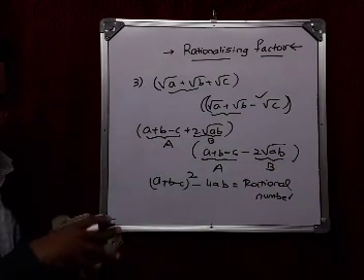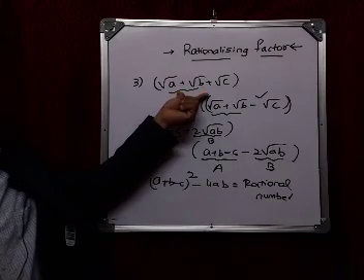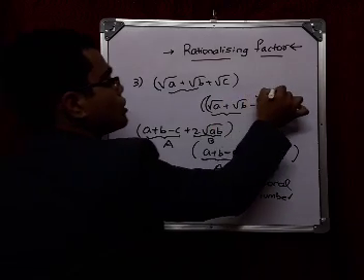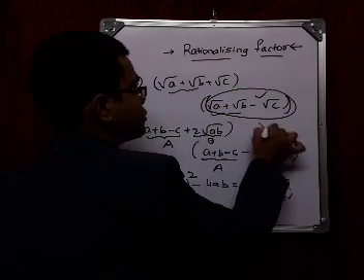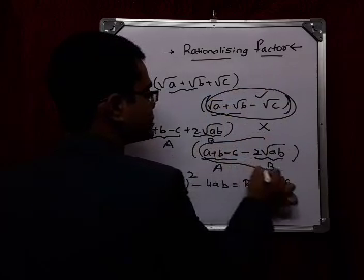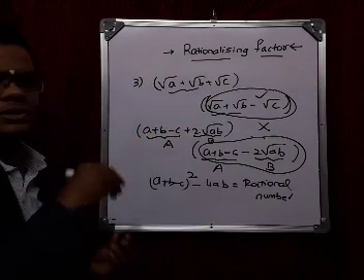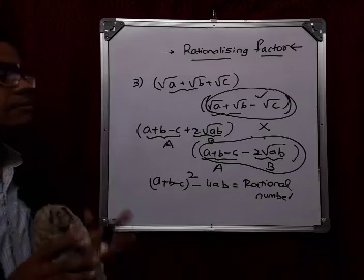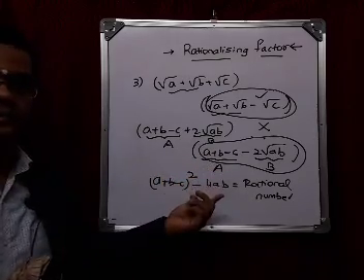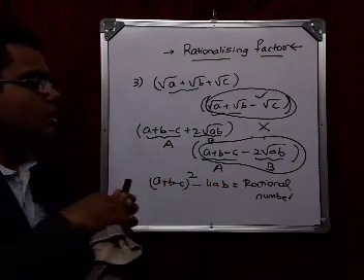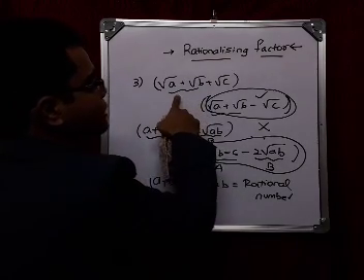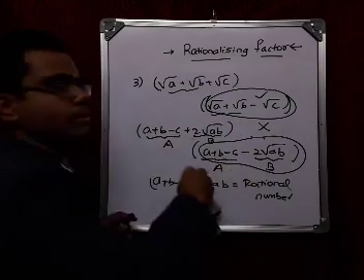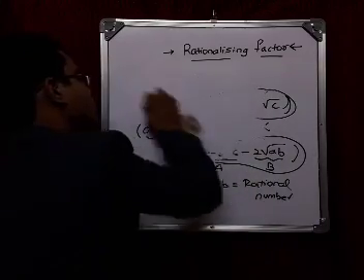So now combinedly we can say that the rationalizing factor for a trinomial surd of the form root a plus root b plus root c is root a plus root b minus root c into a plus b minus c minus 2 root ab. Is that clear? This is something of a little high level, but it's not required to remember this kind of thing because you yourself can do it on the spot. Still, as a formula you can remember the rationalizing factor for root a plus root b plus root c is root a plus root b minus root c into a plus b minus c minus 2 root ab. Okay.